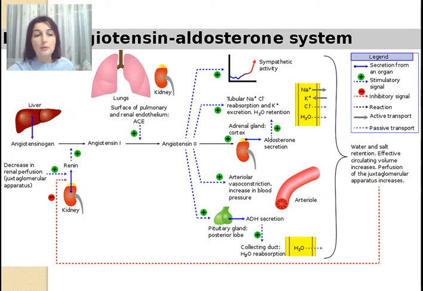The renin will assist in converting angiotensinogen, which is produced in the liver, into angiotensin first. Angiotensin first, under the influence of angiotensin converting enzyme, which is present in the lung capillaries, will be